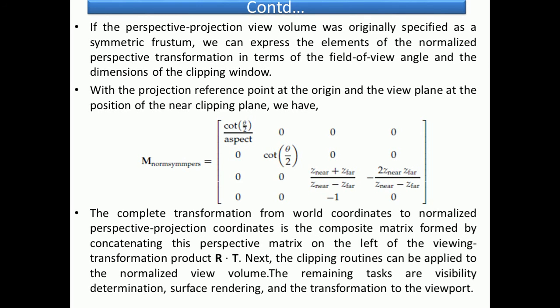So the complete transformation from the world coordinates to the normalized perspective projection coordinates is